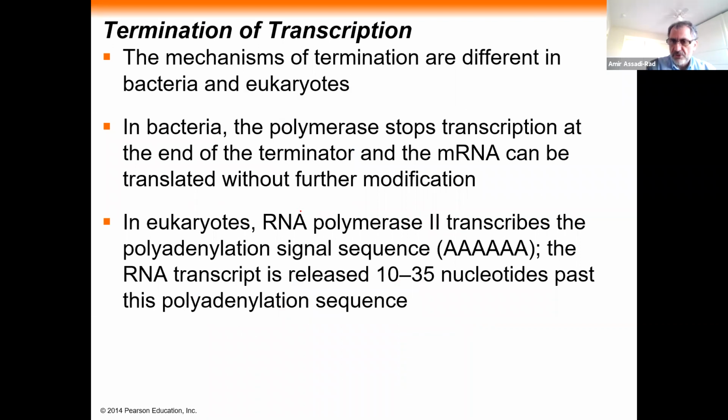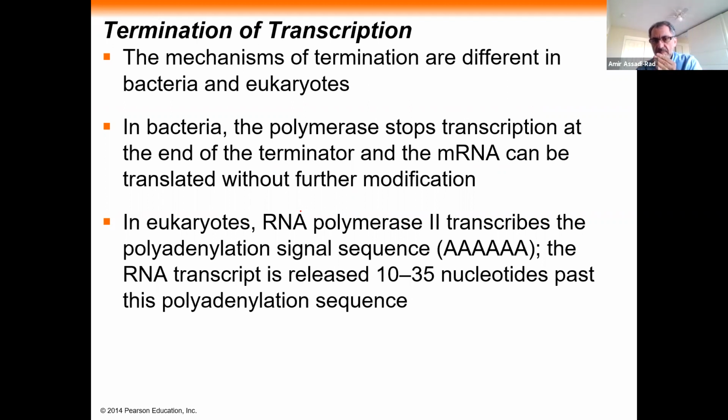Termination of transcription. So how does it end? I talked about that briefly a little bit, but let's see what this PowerPoint has to say about termination. The mechanisms of termination are different in bacteria and eukaryotes. In bacteria, the polymerase stops transcription at the end of the terminator, and the mRNA can be translated without further modification. In eukaryotes, RNA polymerase 2 transcribes the